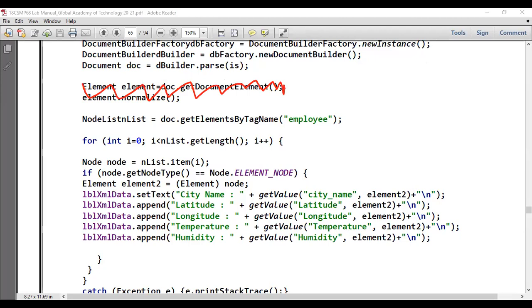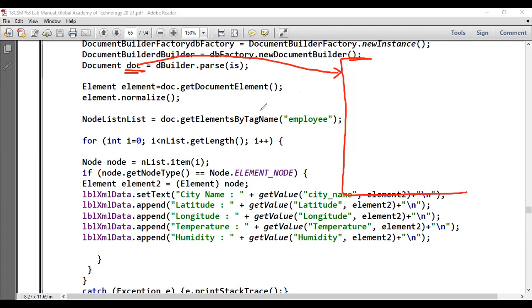Let me clear my drawings. This is the most core part which you need to understand. It's not tough, it's quite easy. You have to make it out. I'll be writing here. So what's my document? This is my complete XML document. This doc represents the complete XML document. Now, inside this XML document,